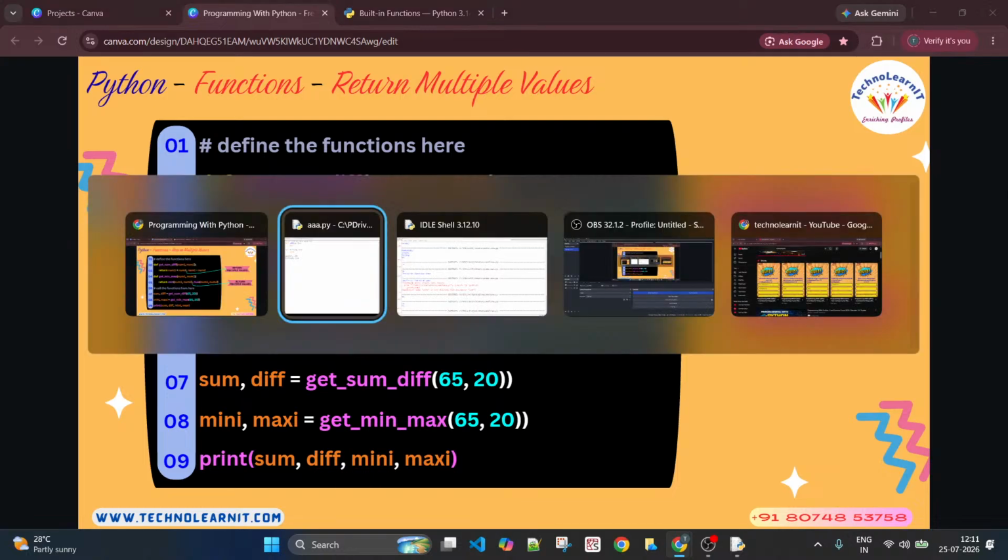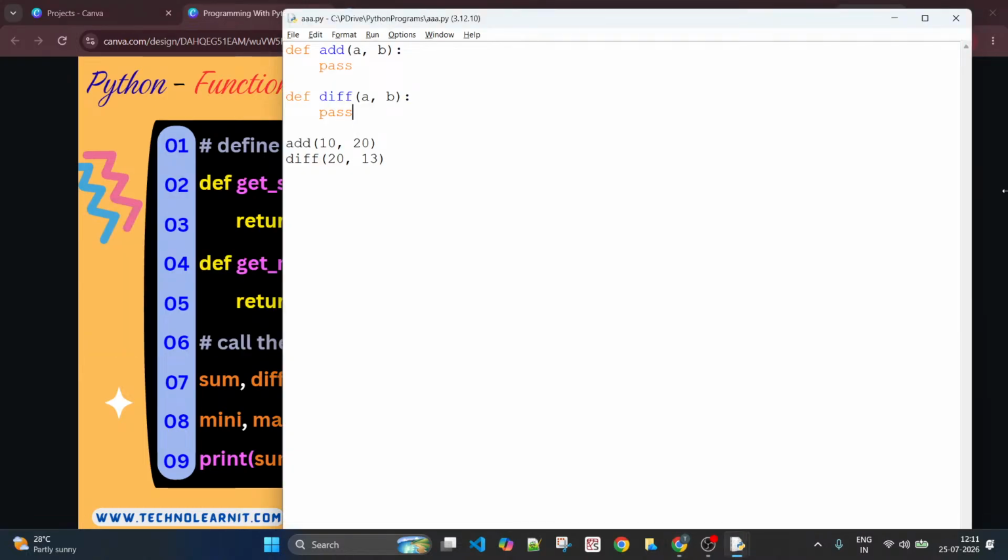Let us practically do this. I'll come to this sum and diff only. I need to return back both. So I may do like this. I may find sum first.